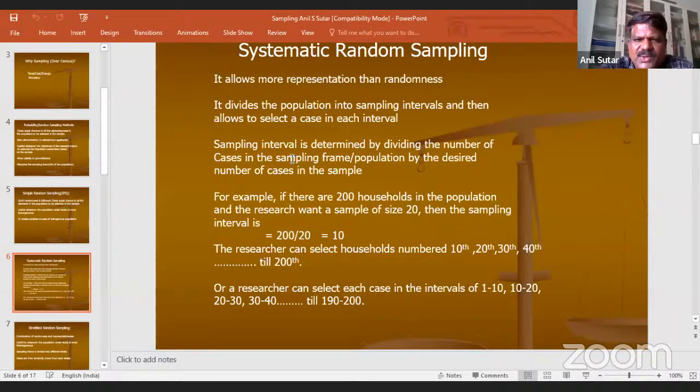This is quite interesting because if you follow just the simple random sampling method, there is a possibility of getting cases with the same characteristics, and the sample may not have that much diversity and representativeness.